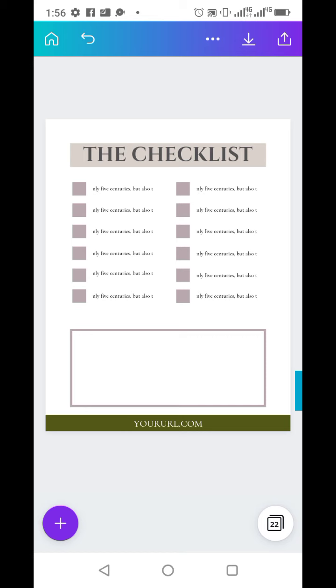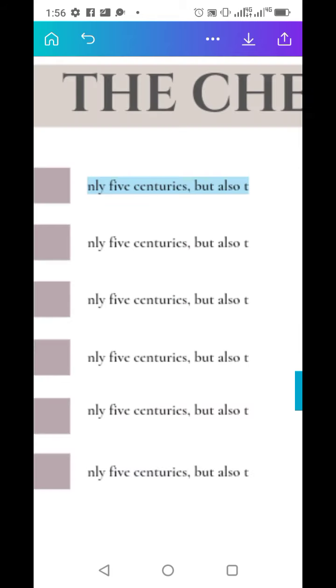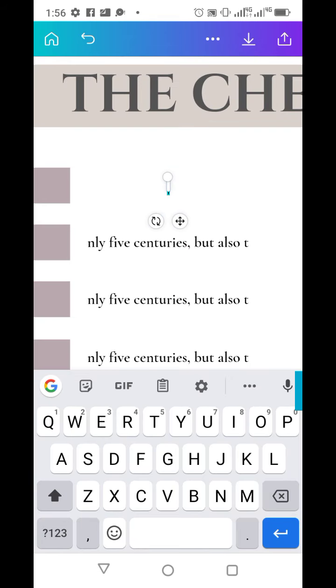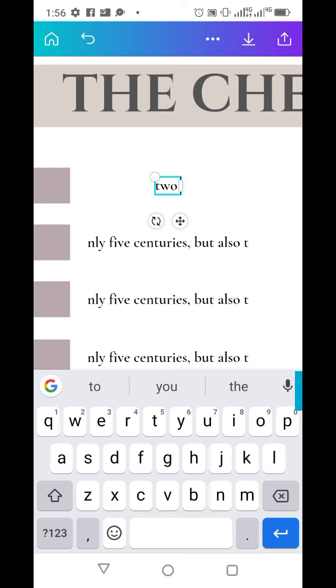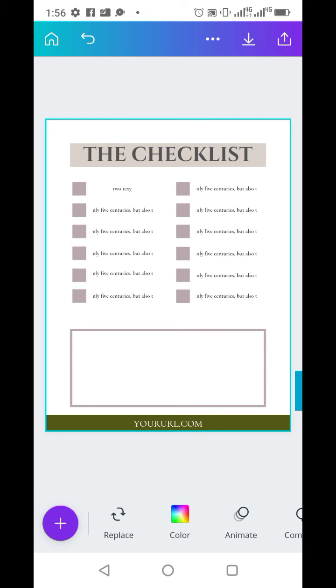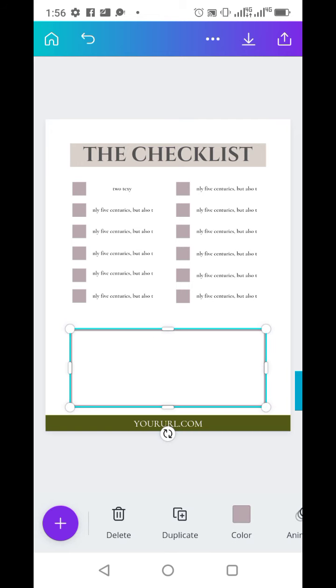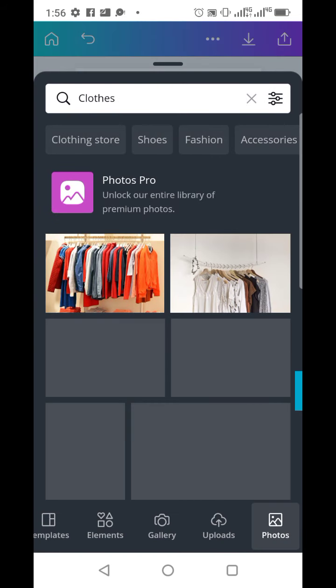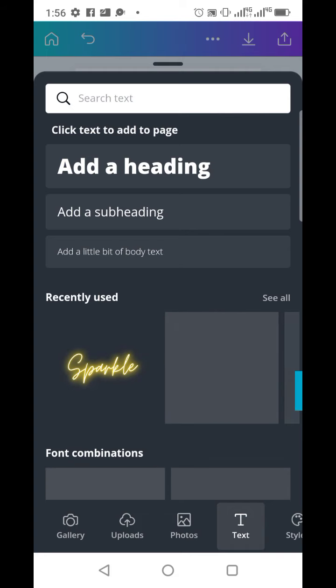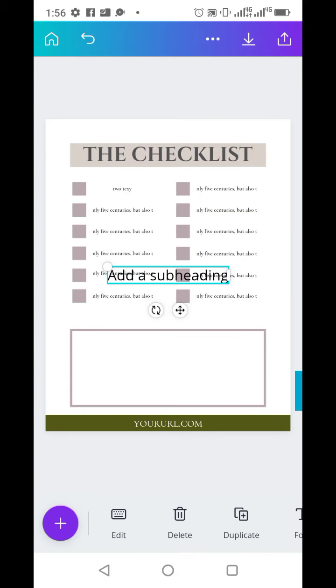This is how you create checklists. I've given you the box already, so all you need to do is to use this, edit it the same way. Whatever text you want to fix in here, you fix in the text. Now this is a segment for you to write in things too. It's like a workbook. This is a workbook. You can input text into it. You can input text into your workbook,